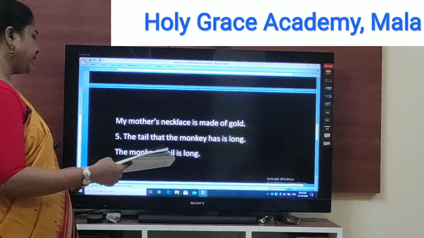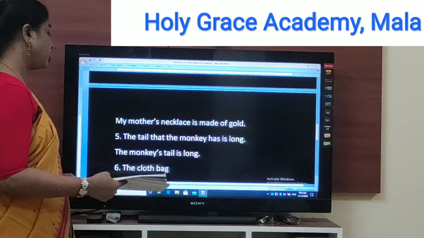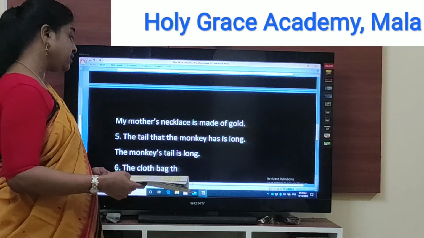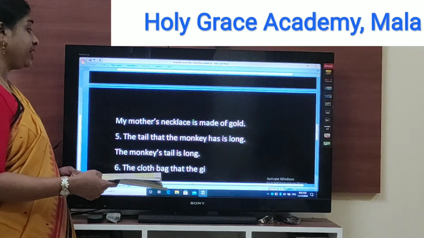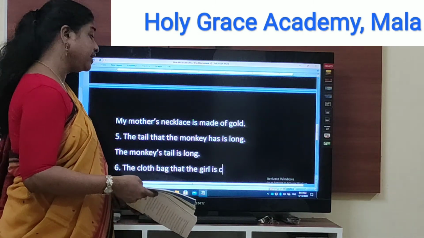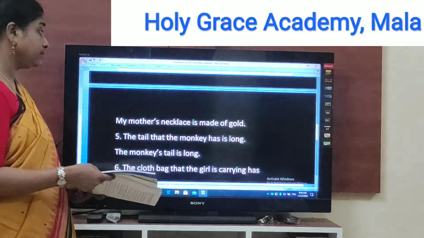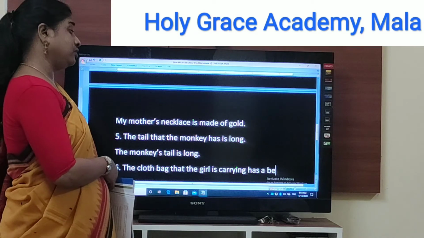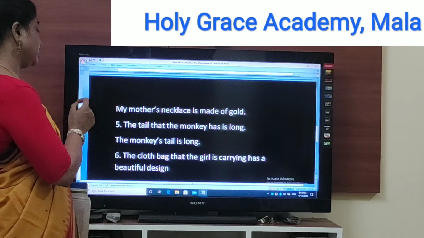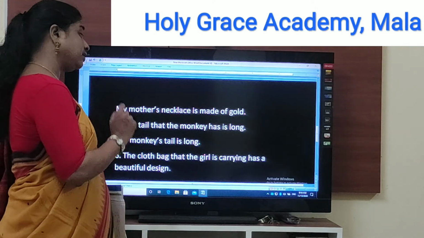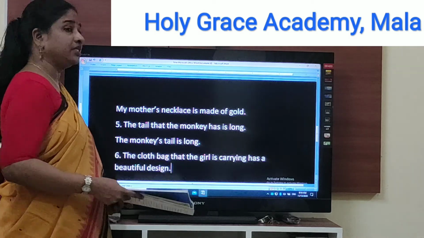Number 6. Sentence number 6. The cloth bag that the girl is carrying has a beautiful design.